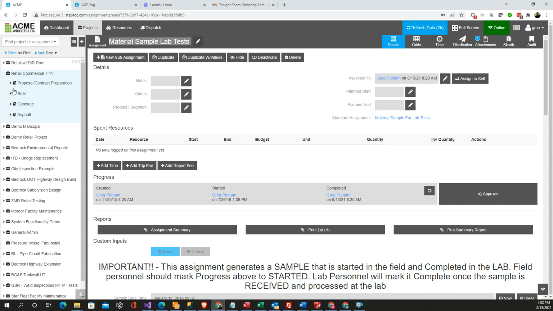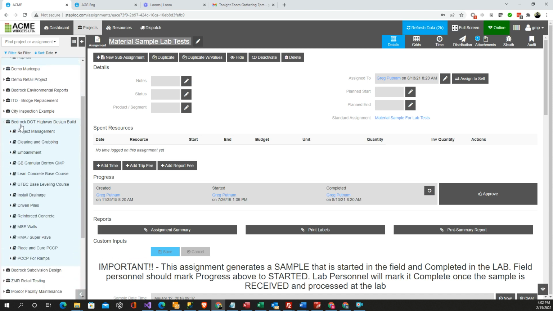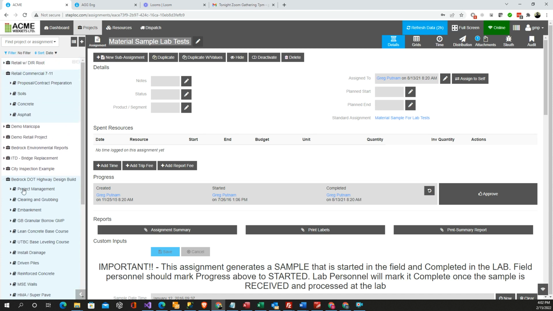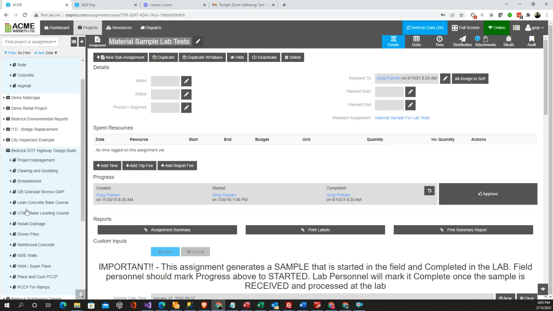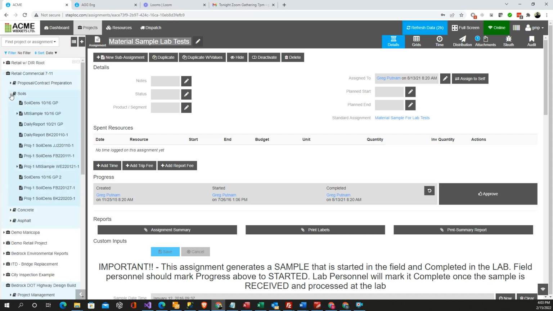In our system, we have different project templates that we work with. Some are simple, some are more complicated. And here's a relatively simple little commercial project template. Down here we've got one for a DOT highway freeway project, and down here you've got a lot more different project tasks, and they're named in a way that this particular type of DOT wants them named. In a simple one, you also might have